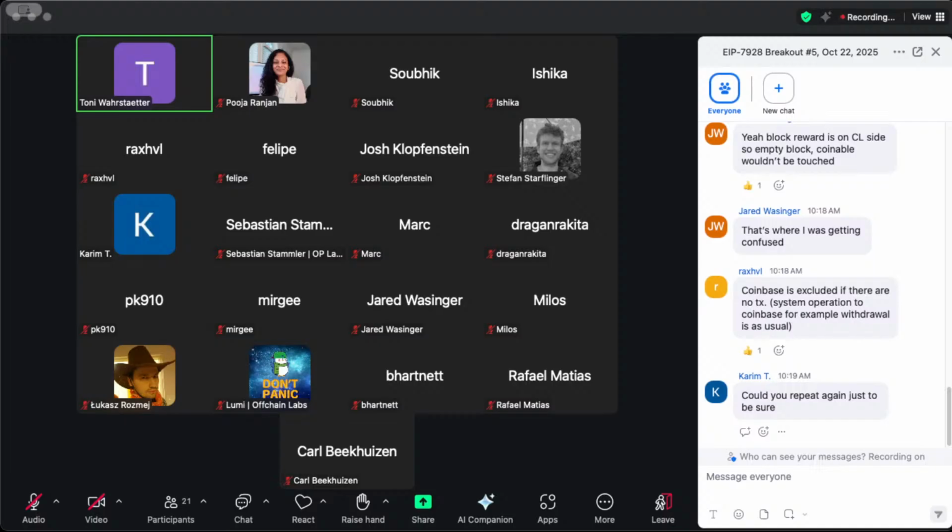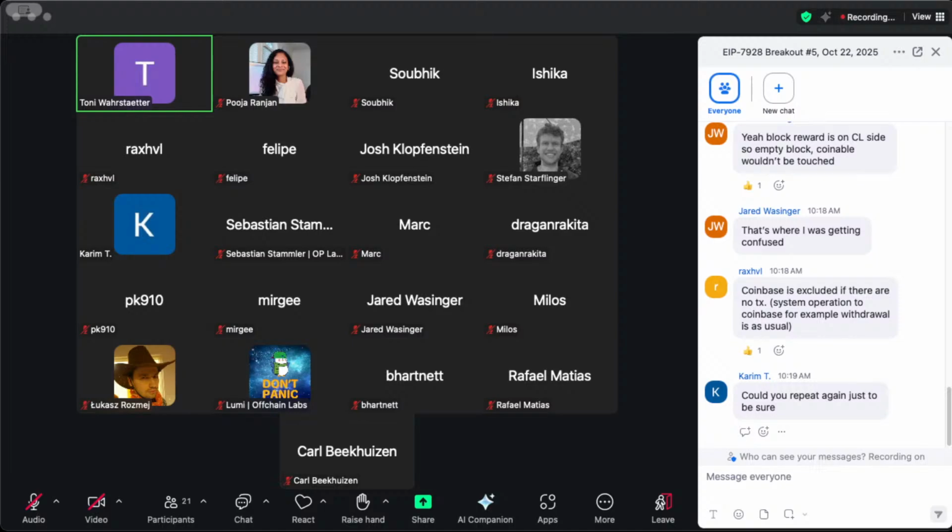Yeah. So the Coinbase will be included if it sees a balance change, for example. So if there is any change in the block regarding the Coinbase, then it's included no matter what. So there's no edge case around that. For example, if the Coinbase receives a tip from a transaction, then it's included with a balance change.